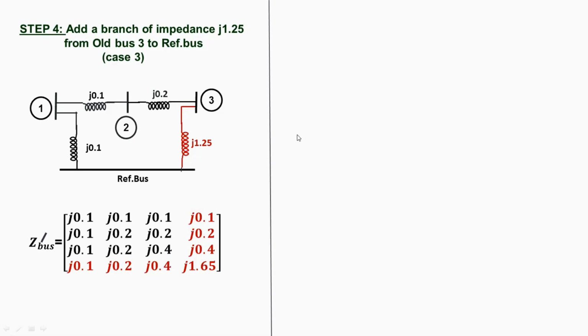For that, the elimination is required. We want to eliminate the last column and the last row by using this elimination formula. Zjk actual is equal to Zjk minus Zj(n+1) Z(n+1)k divided by Z(n+1)(n+1). Using this formula, you modify the old values and eliminate the last column and last row.